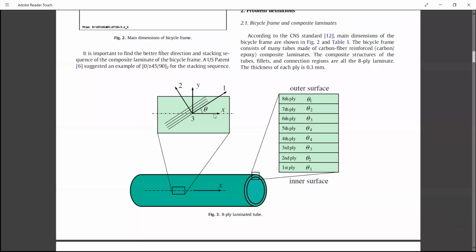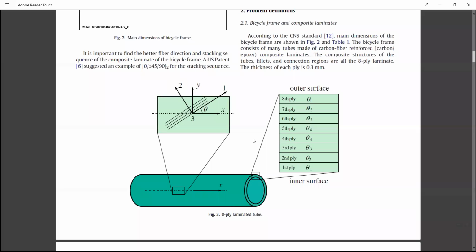Okay, what is this? You must have seen this thing. What does this say? This thing over here. Generally art. Yeah. So you see the x and y axis. This is the global axis, and 1 and 2 is the material axis. Okay, and theta is the angle between the x and the 1. 1 is the direction of the fiber. You see the direction of the fiber shown. So that is the direction of fiber.